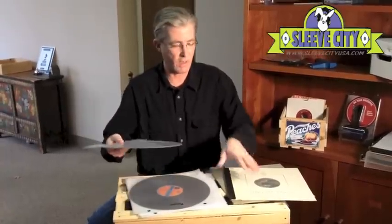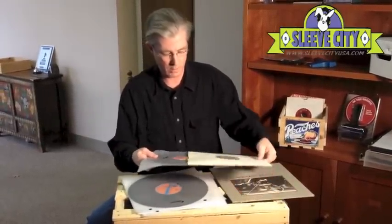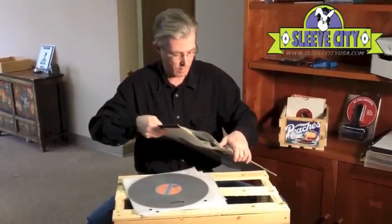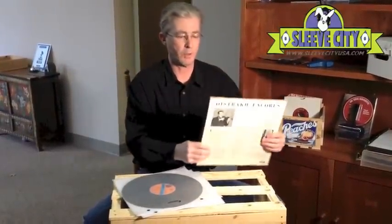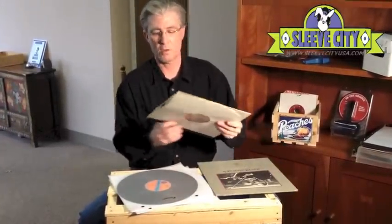However, you can take a sleeve like this, insert it into your dowel sleeve, like so, and then put it back in the jacket. There's not many sleeves where you'd be able to do that because it won't fit properly. So that's the 1.5 mil round bottom